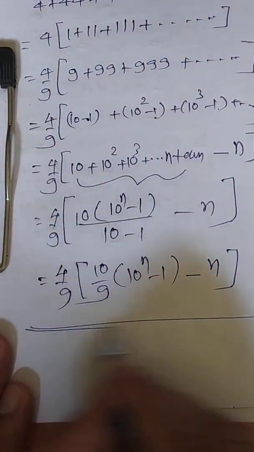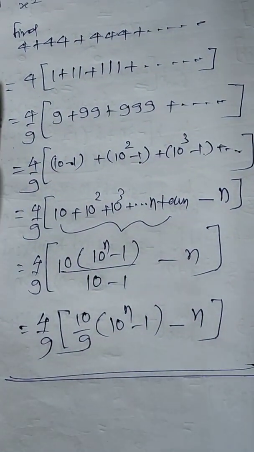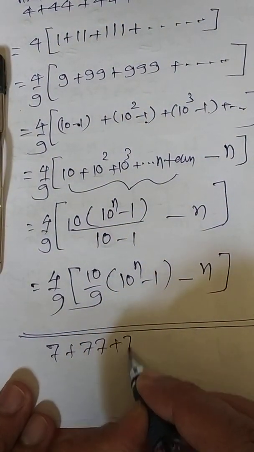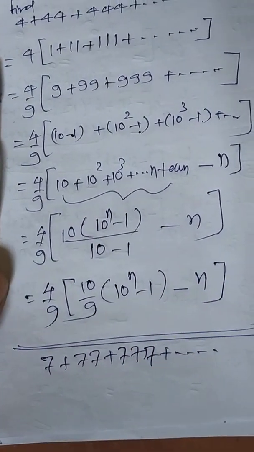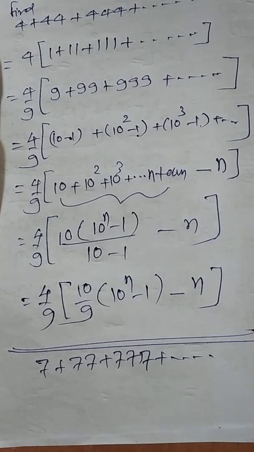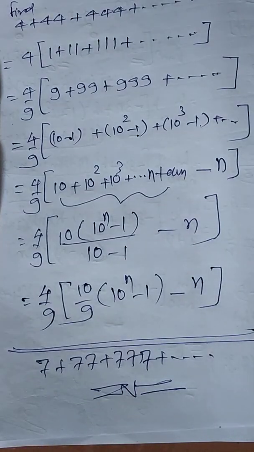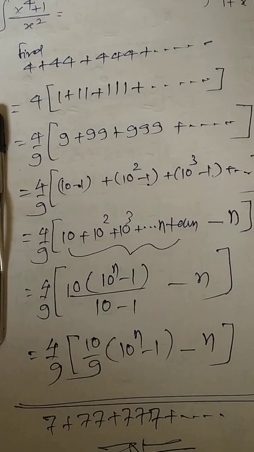So this is the way when the question is not in arithmetic progression and geometric progression. You can use this technique. The similar kind of sum, suppose it is asked 7 plus 77 plus 777. The same approach can be used. You can take out 7 common, multiply and divide by 9, and you can get the required solution. So with this concept we are concluding the geometric progression. Try to solve all questions. If you have any query, then we can take up in the next class. Thank you.